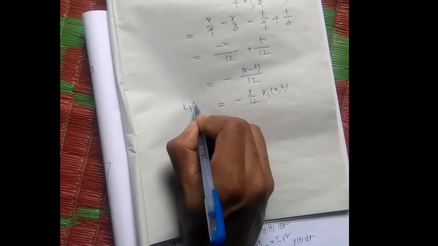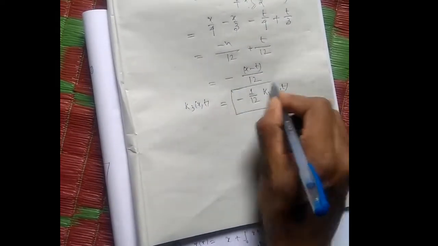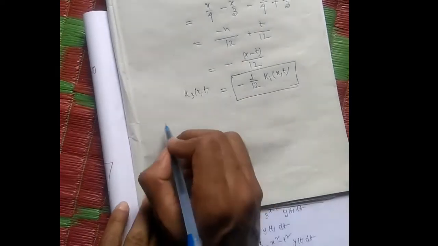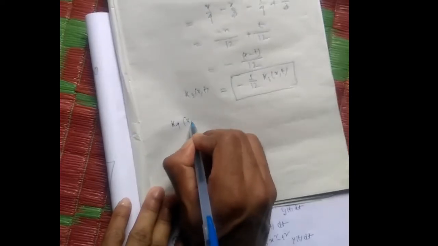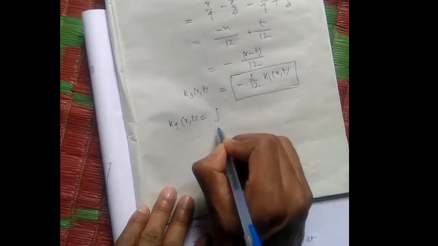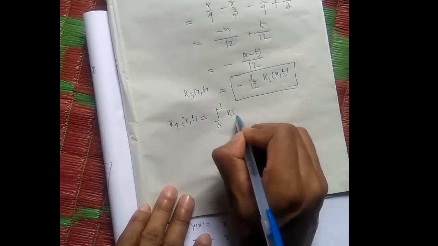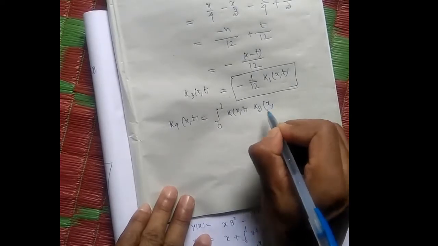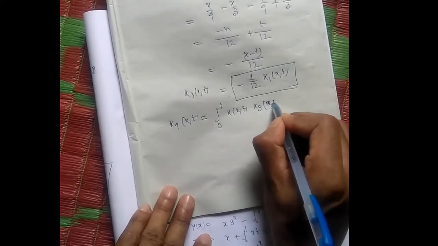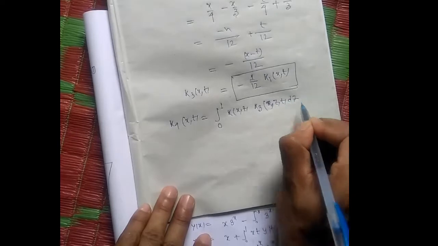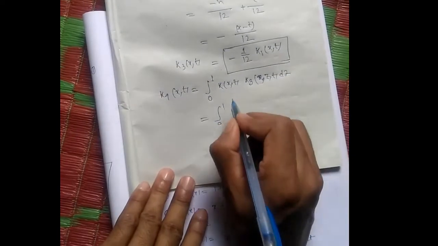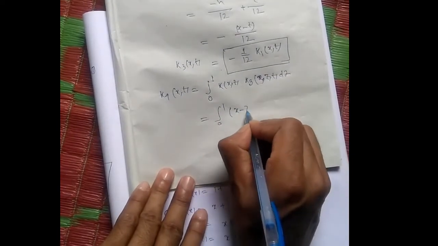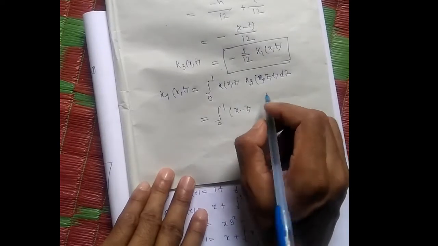Similarly, k4(x,t) can be written as the integration from 0 to 1 of k(x,z) k3(z,t) dz. So this is the integration from 0 to 1, this is x minus z, and this is